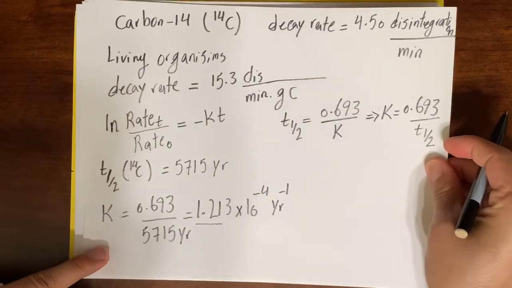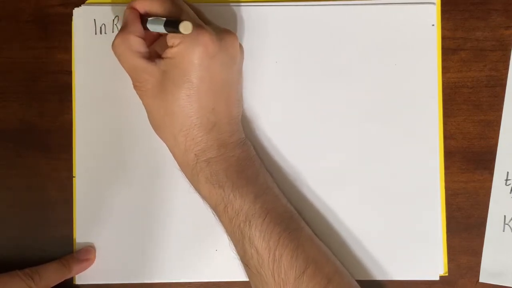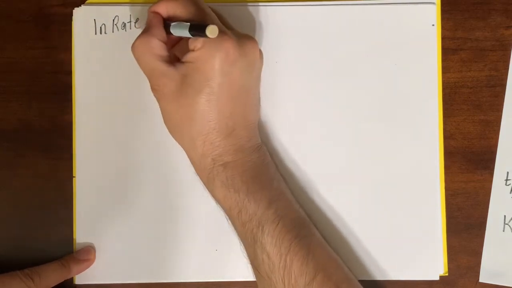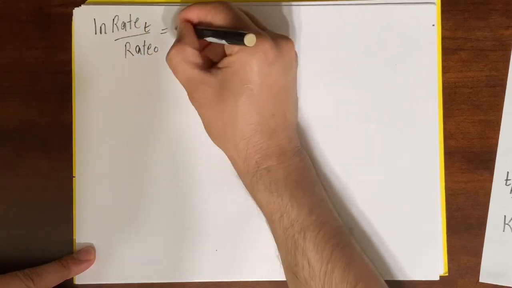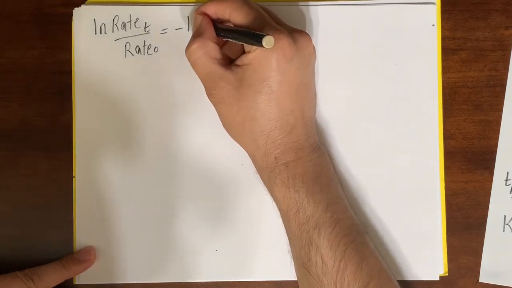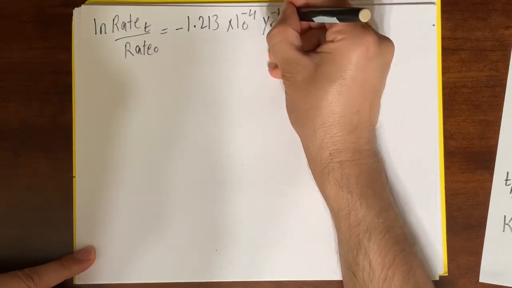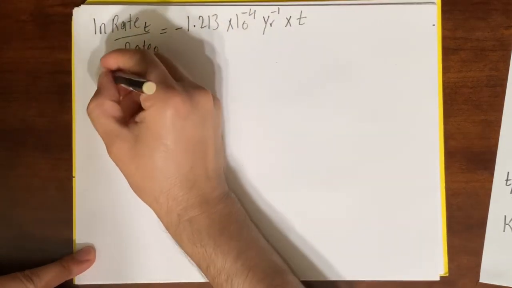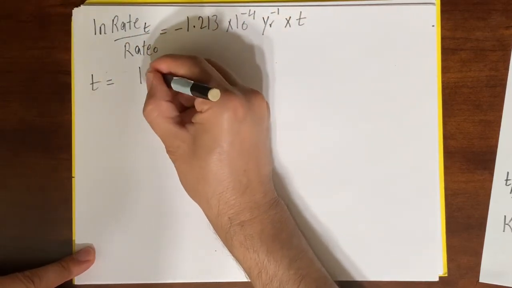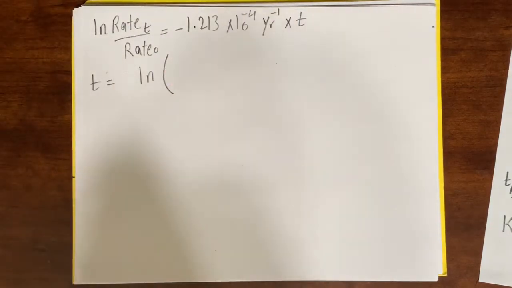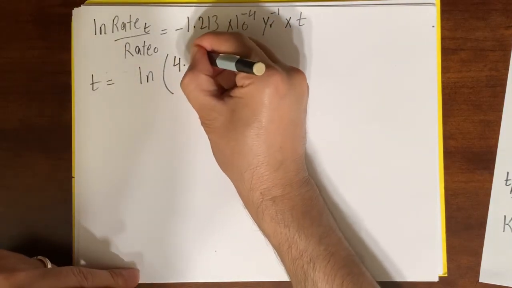So I go with ln of rate 2 or T divided by rate 0, and the K we have it equal to minus 1.213 multiply 10 to the power of minus 4 year minus 1 multiply T. Okay, so T will be this whole thing divided by K. So ln of, let's define the rate 2. Rate 2 is equal to 4.50,